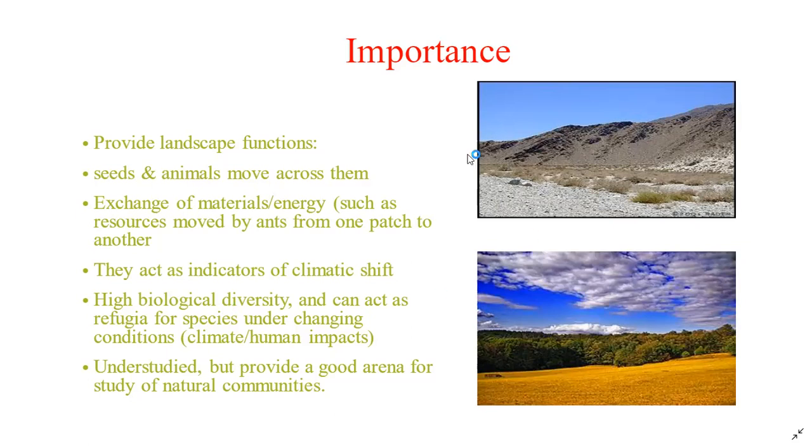Suddenly a condition will change, but we have a safer site called the ecotone. Suppose this is the hill and this is the land, and this part is the ecotone, right? So something will happen to this hill. The animals are not well adjusted to this land all of a sudden, but due to the presence of the transition of the ecotone, some of them might be able to survive here, because it is not very different from this, and not very similar to this as well. So also higher biological diversity, and it can act as refugia.